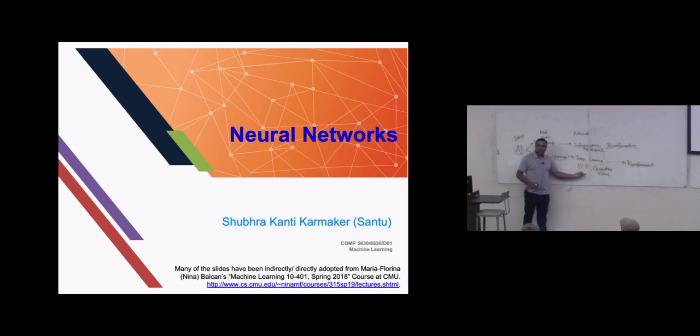Then you have NLP. That is more about language, sequence modeling. So how do you model sequence data, right? And there is computer vision, where you are basically doing image, video, this kind of modeling. Both of them are heavily dominated by deep learning, but they are more applied areas